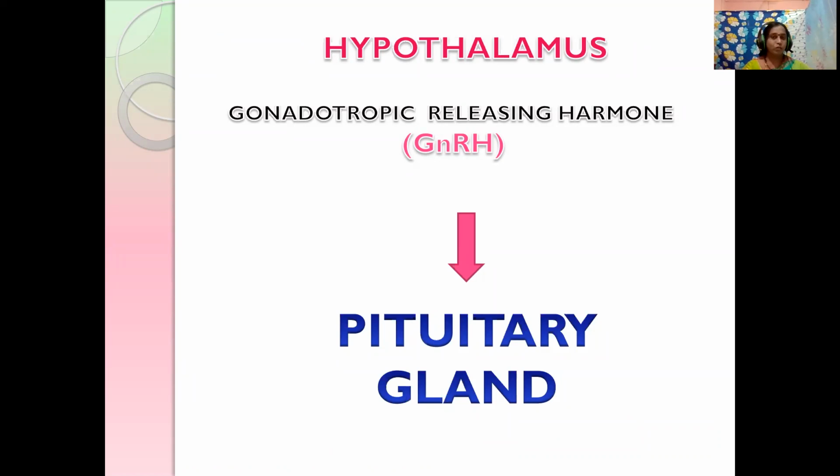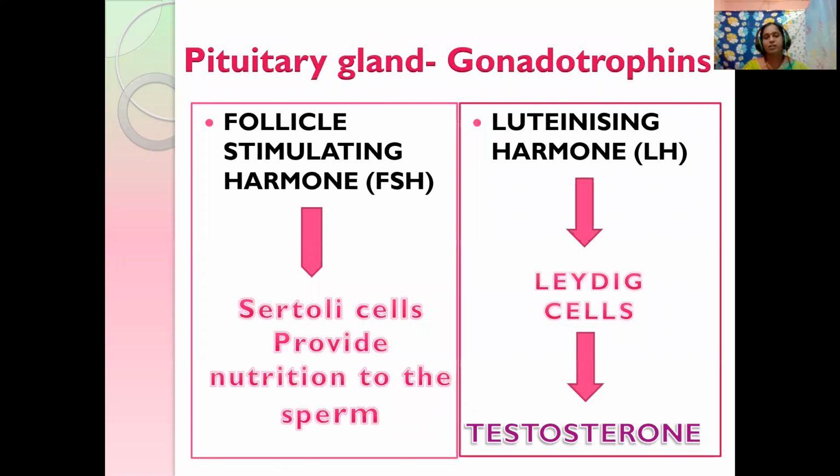Students, the hypothalamus stimulates gonadotropin releasing hormone to act on the pituitary gland. The anterior pituitary further produces follicle stimulating hormone and luteinizing hormone. The luteinizing hormone acts on Leydig cells, which produce testosterone to produce sperms in the male and ovum in the female. In this way the sperms and the ovum are produced. So these both comprise gametogenesis.